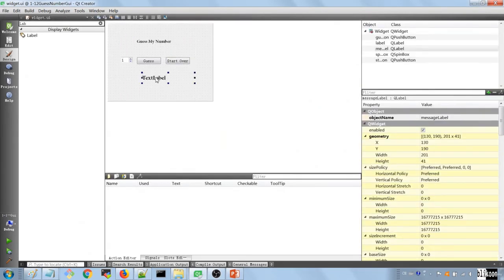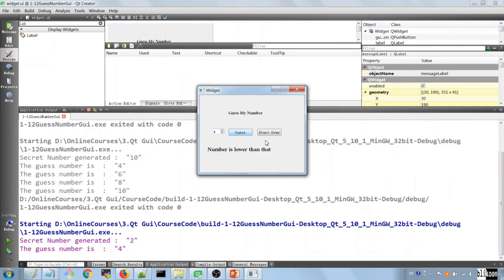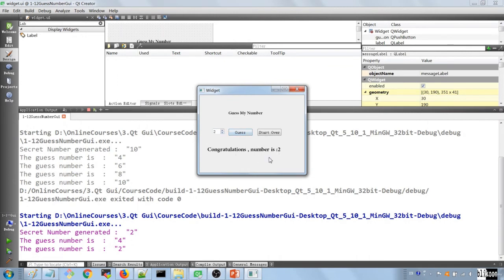Go back to the widget UI and try to extend it to fit the entire width. Let's run the application now to see if it works correctly. Okay, so we guess number is lower than that. Congratulations, number is 2. This is close to what we want, but we also want the user to be able